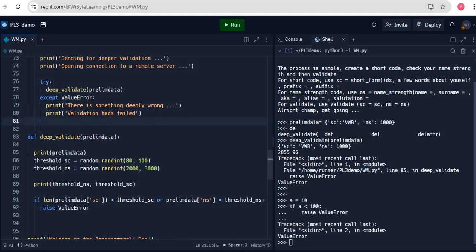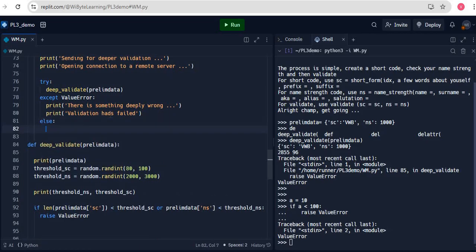On the other hand, if I do not get this value error, it means, assuming everything else is correct, and remember, in this case I am the one passing data to the function, so I assume that everything has been validated previously. It's all correct. If I do not get a value error, it means that I'm not getting any other error. So I just put an else statement. Remember, else happens when there is no error, which means my deep validation ran successfully, and hence I come into the else. I can just put a print statement saying congrats,